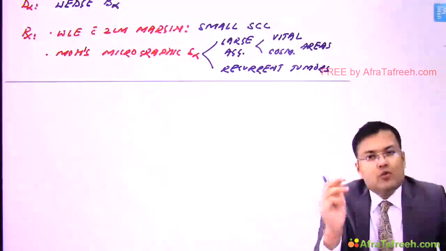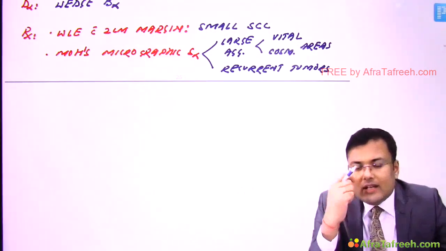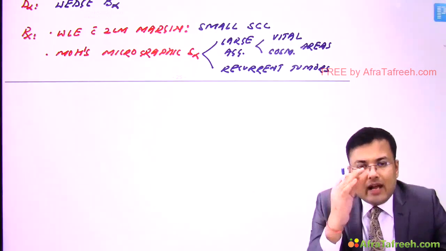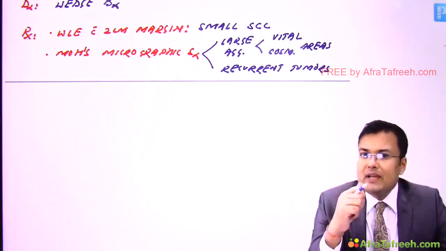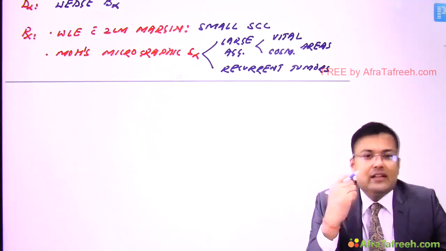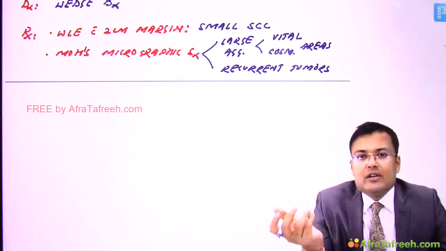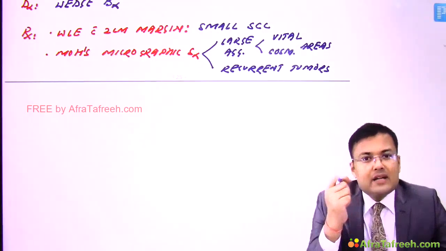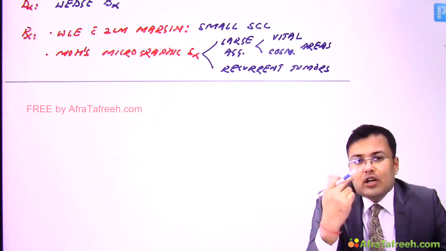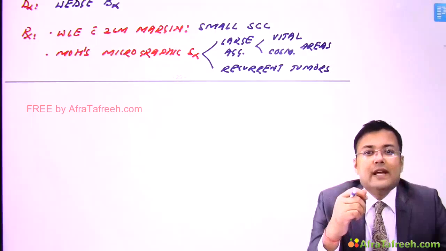So see, what is done in Mohs micrographic surgery? Imagine a patient is having basal cell carcinoma at the inner canthus. Here, serial excision of tissue is done in small increments. So we are going to remove 1 mm of tissue, and simultaneously this is examined microscopically by a pathologist. And if the pathologist tells that, sir, still one margin is not free, I have to remove another 1 mm. Clear? So what is the advantage? What is the disadvantage? The advantage is that on the spot you have confirmation whether the removed margin is tumor free or it is positive. It means there is minimal loss of tissue and a low recurrence rate. But what is the disadvantage? That it is a very lengthy procedure.